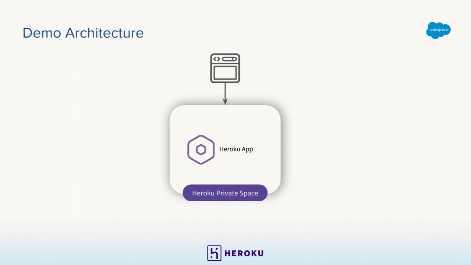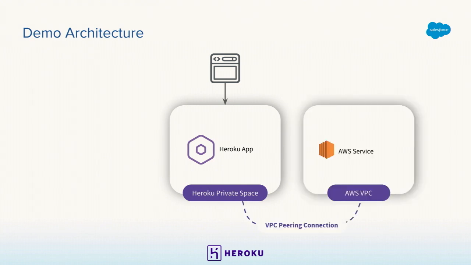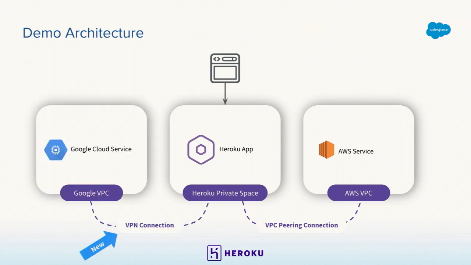That Heroku private space, again, is a managed subnet that Heroku manages for you. And as I mentioned, we've had VPC peering for, I think, about a year now with AWS VPCs. So you can talk securely between your Heroku private space and an AWS VPC. But now we have this